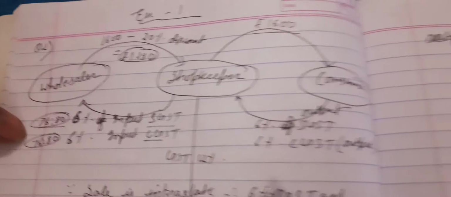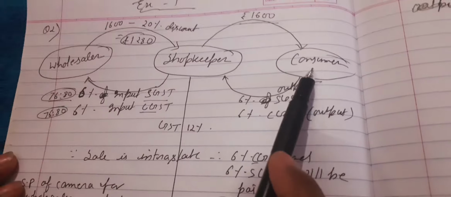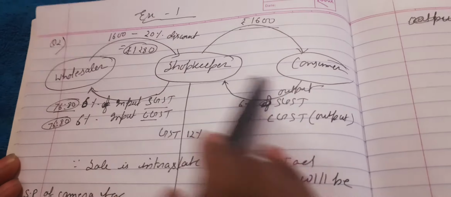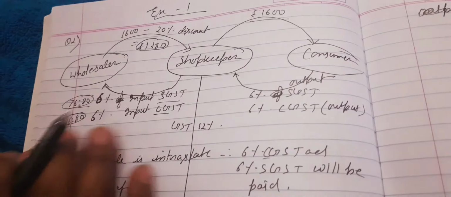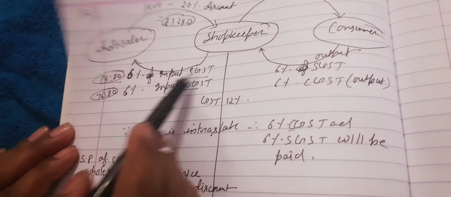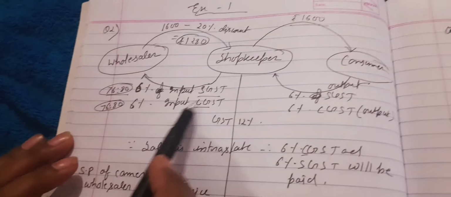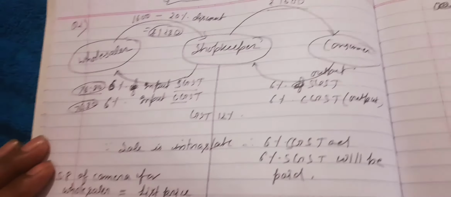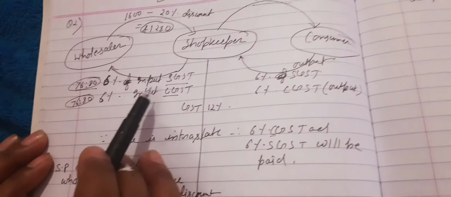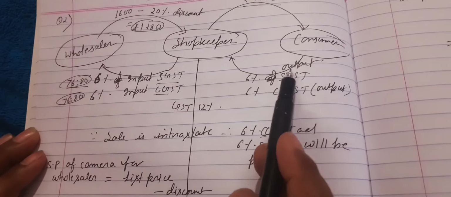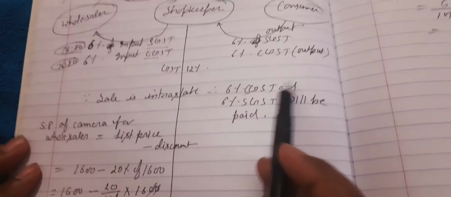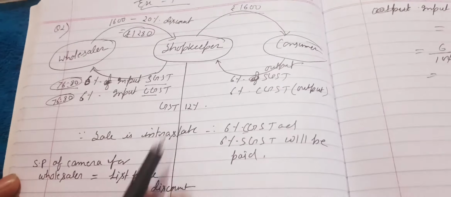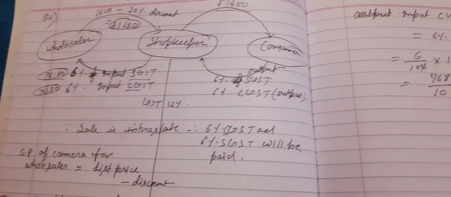Now coming to right side. Now dealing is between shopkeeper and consumer. If you don't want to draw this part, you directly understand that a diagram is drawn. Left side you are drawing for input SGST. Mentally you can think about this diagram. Left part you are solving for input SGST, CGST, and right side you are solving for output SGST and output CGST, right? If you draw this thing, then it will help you to understand and easily solve the sum.